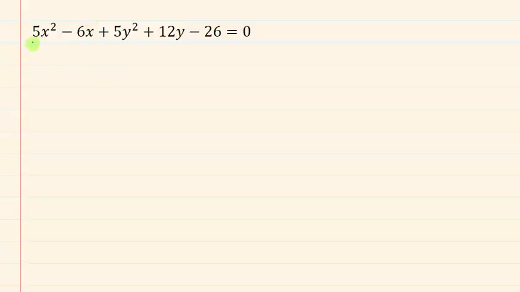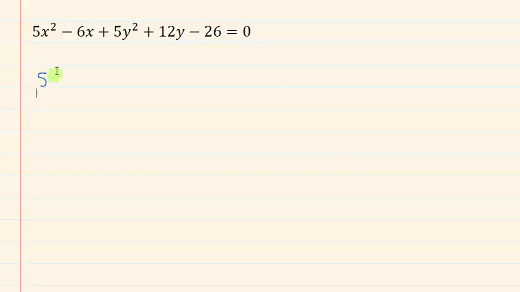To find the centre and radius of the circle whose equation is 5x squared minus 6x plus 5y squared plus 12y minus 26 equals 0, I'll begin by factorising the x terms and the y terms. I need to do that because when I complete the square I need unitary coefficients on the x squared and y squared terms. So factorising will give me